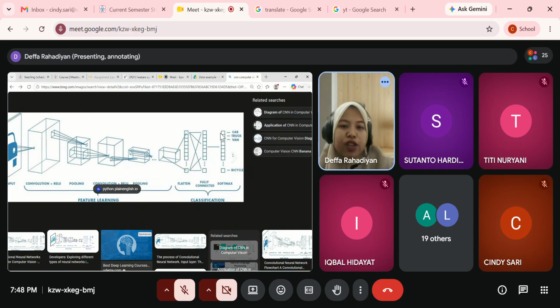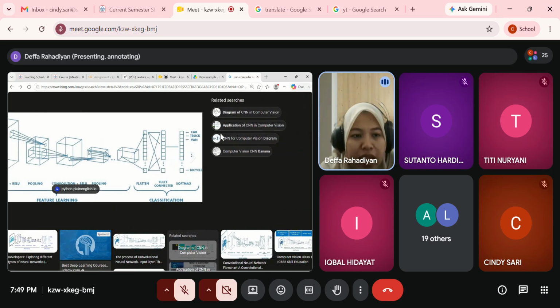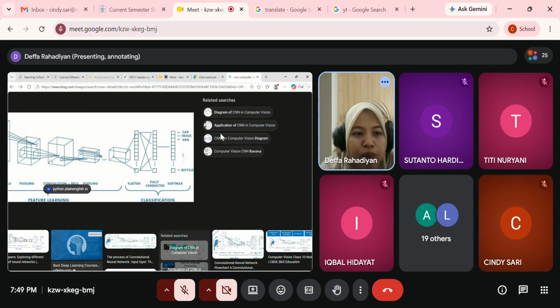But the student used adaptive pooling. So what does adaptive mean? It means that the size of the pooling will be different in each process. The size of the pooling result will be different for each step. So if you can see in here, they have two pooling layers. This is the first one and this is the second one. And it's very possible that we have more than 10 or more than 20 in the architecture.